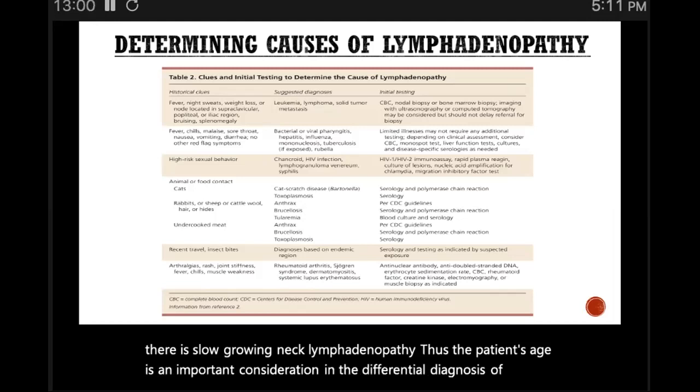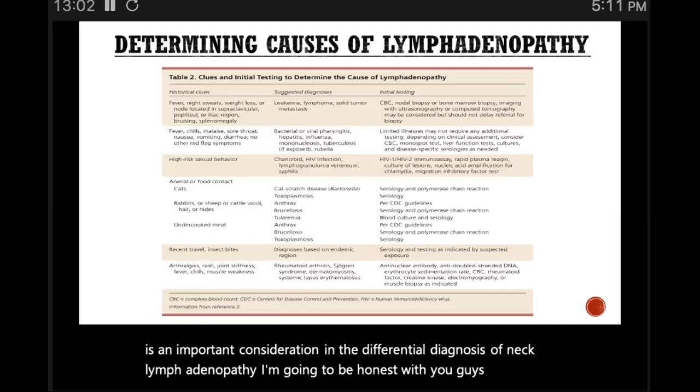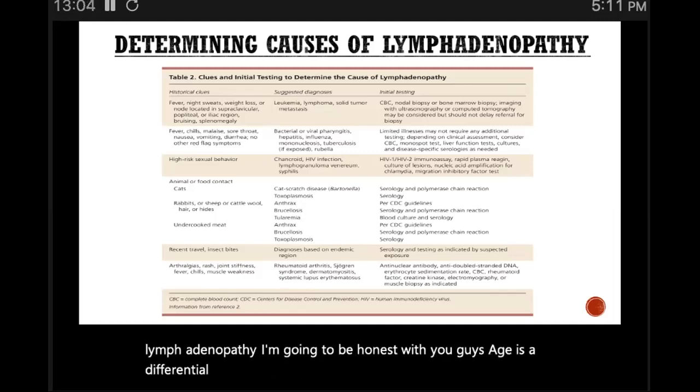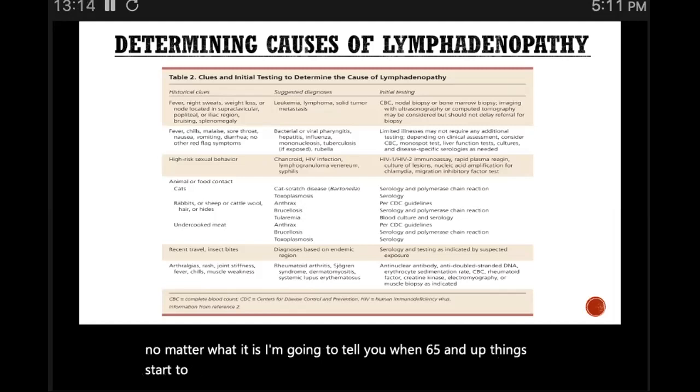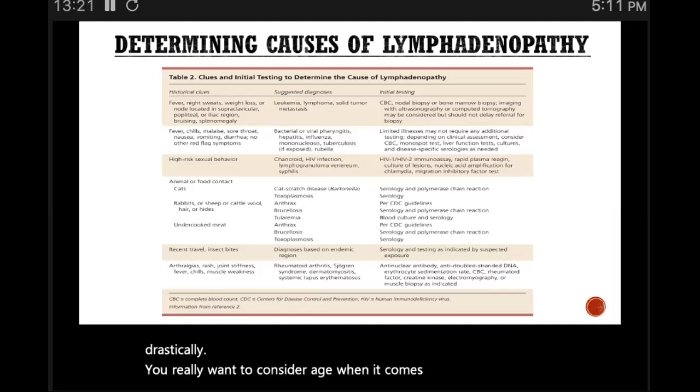I'm going to be honest with you guys, age is an important consideration in all differential diagnoses, no matter what it is. I'm going to tell you, when 65 and up, things start to change pretty drastically. So you really want to consider age when it comes to different causes and differential diagnoses, no matter what it